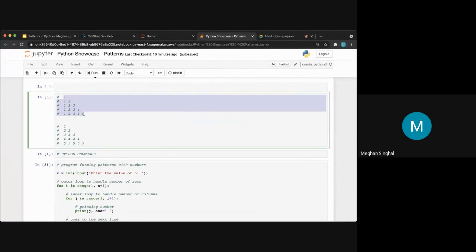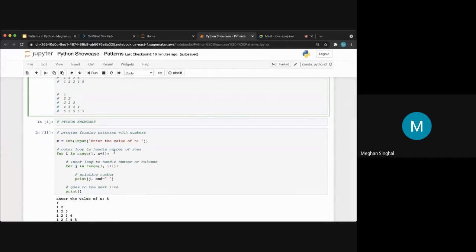So say you would want to print this first number pattern. What we're going to do is input the number of rows to be printed in X. Then as mentioned before, we would have an outer loop that handles the number of rows and an inner loop that handles the number of columns. Here, the outer loop control variable is I and the inner loop control variable is J. The outer loop loops from 1 to X plus 1 and the inner loop loops from 1 to I plus 1. Now we're going to print the value in J and leave a space after it in order to get gaps in between the printed numbers.